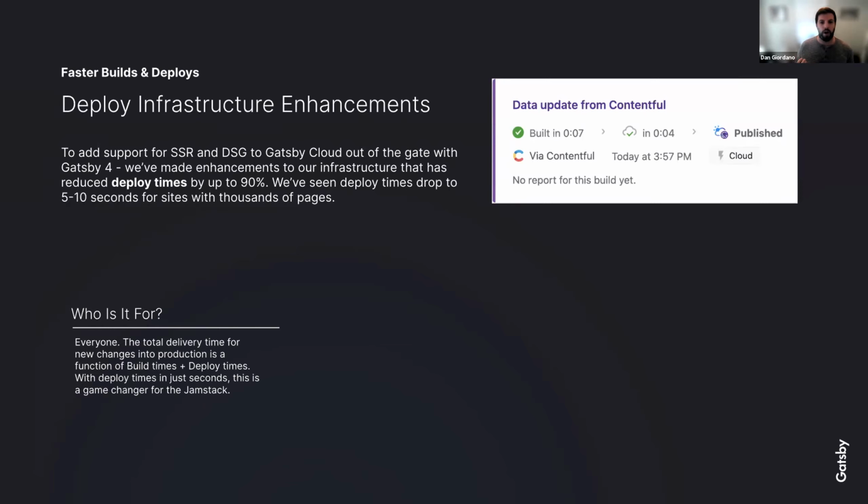It's all about our impact on delivery time. Getting something from a Git change or a CMS change to the actual production site for an end user is a combination of both the build time and the deploy time. We've done a lot of work on builds in the last two years with the product, but we had some work to do on deploys, which could take anywhere from a minute to 5 minutes. That's still time where the end user isn't seeing your change. And now, we have a 10,000-page site here at Gatsby.js and we normally deploy in under 10 seconds. It's just been wildly helpful for us publishing, to be more productive and see where things go.